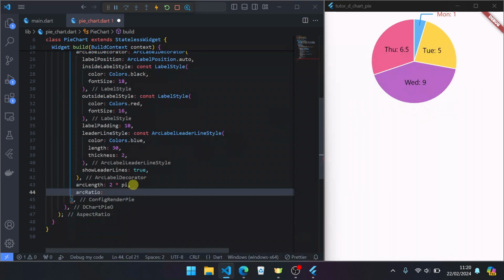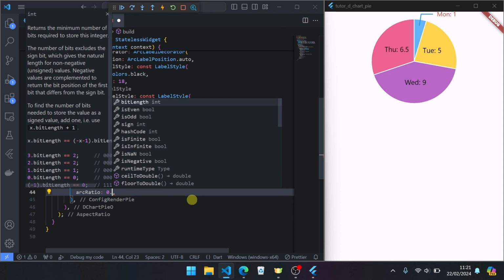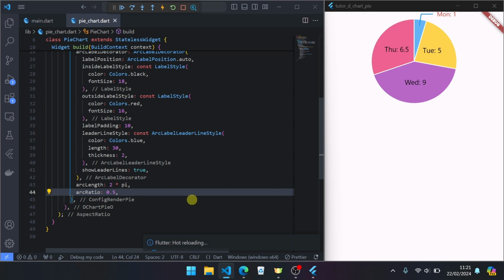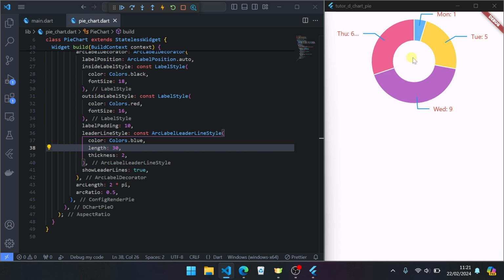Okay, we can set here, the arc ratio, we can set from 0.5, start. Okay, like this.